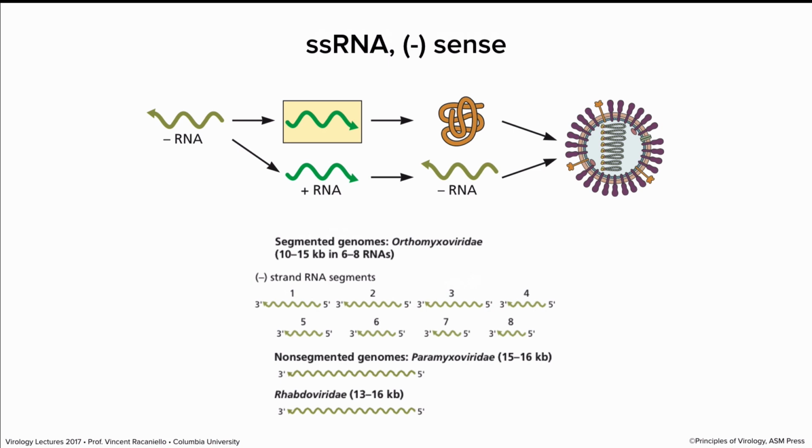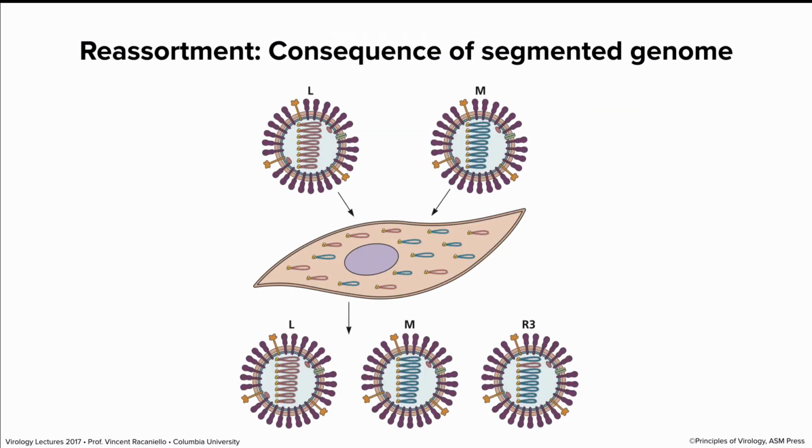That can be translated into protein. The protein then can mediate the replication of the negative strand genome to make more minus RNAs and eventually the formation of particles. And as I said, these genomes can be in pieces, like for influenza virus, or they can be non-segmented. Now, the presence of a segmented genome has important consequences for the genetics of the virus. When you have a segmented genome, you can undergo something called reassortment. This is a specific term. Now, you may be familiar with recombination, where two DNA molecules will exchange sequences. But this is different. This is where two viruses with segmented genomes can exchange segments, entire segments.